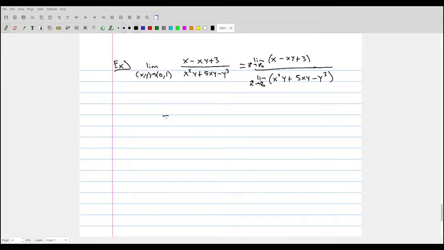And then you can use the sum limit law. I'm not going to keep writing this limit, but you do the sum limit law to get each one of these individual limits. And essentially this ends up reducing down to then just being